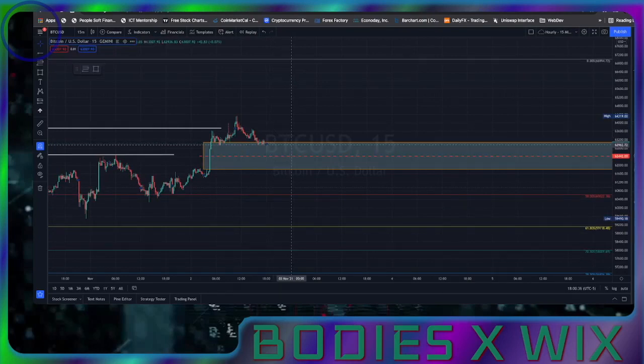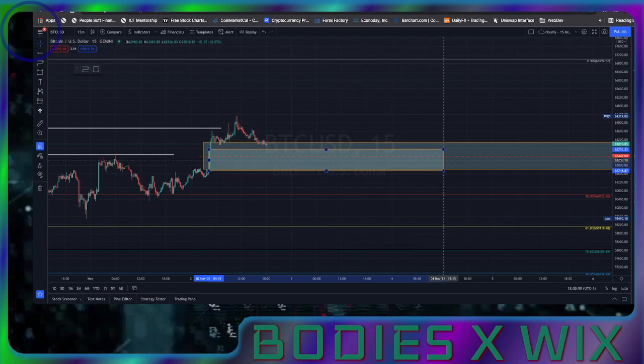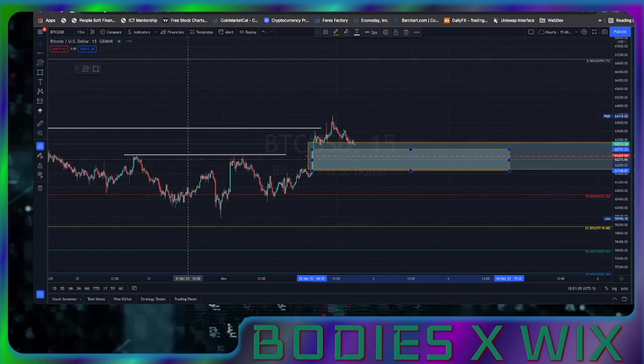Okay, so there's another 15-minute fair value gap from here to here, and that's where I would especially look for it to get to. If it gets inside the 15-minute fair value gap near this area,